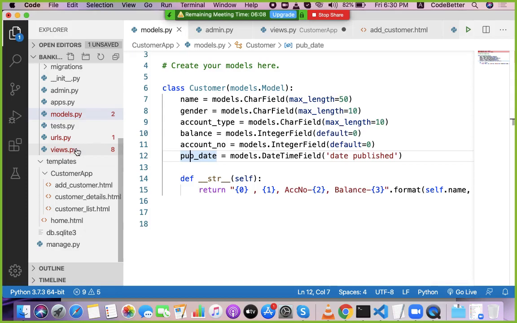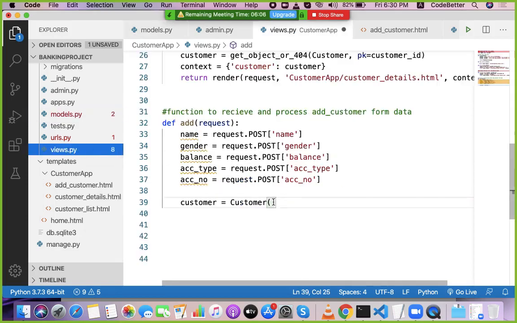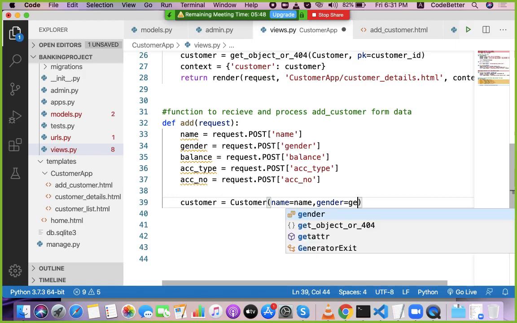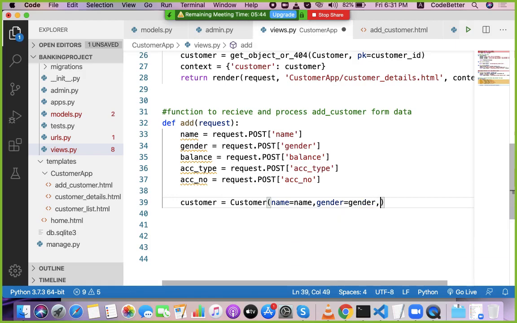So let's again go to views.py and now pass this data to this customer model. Name equals name. This is the attribute name of the customer model and this is the value received here in the post request. Then gender equals gender. Then balance equals balance.